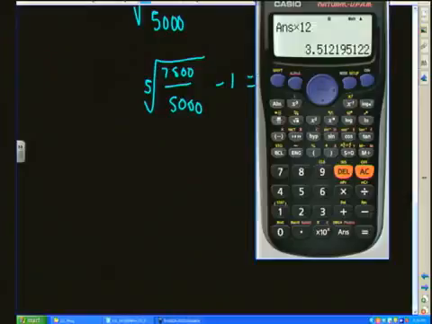Okay, at this point we put everything into our calculator. So we're looking for the fifth root, or as I said, if you don't like working with the fifth root, you can use to the power of 1 over 5. I'm going to use the fifth root, but if you prefer, you guys can use to the power 1 over 5. Okay, so it's the fifth root of 7,500 over 5,000. Okay, from that we subtract 1. And you get an answer of